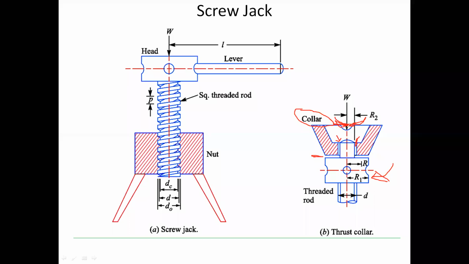The collar is going to touch the car body or the truck body. इसकी वजह से ये इसको टच हो जाता है, लेकिन हमारा जो लीवर है, लीवर can rotate very easily and we can lift the car or truck by using this. Okay, so this is the main advantage of this thrust collar. थ्रस्ट कॉलर की वजह से, with friction also we can lift the car.